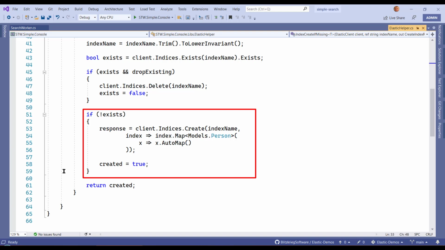Now, this is the easiest, laziest way to create an index because we're asking the engine and its APIs to do all the work for us. And believe it or not, it works amazing amounts of the time. But if you want more control over your indexes, well, you're going to have to watch a future video or go look it up yourself because we're not going to cover it here. So we're just taking our POCO class, indexing all 5 fields, and telling the index creator we want to auto